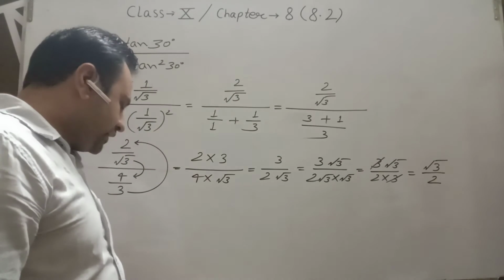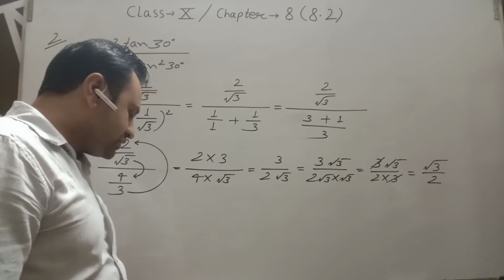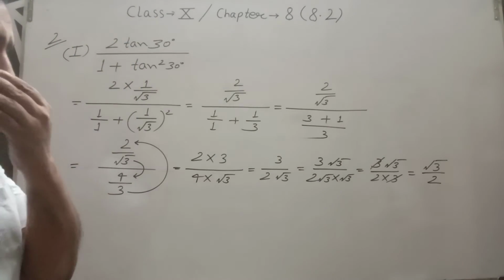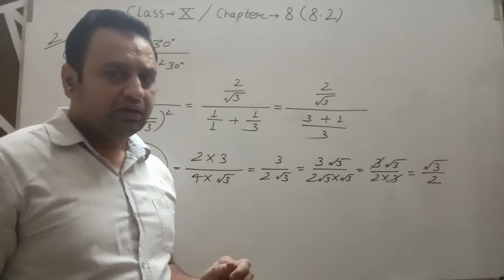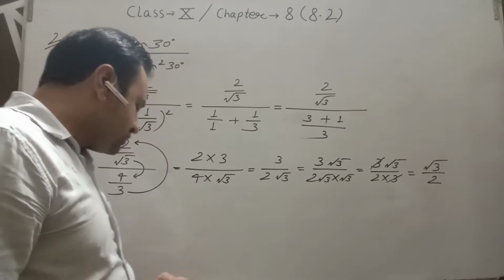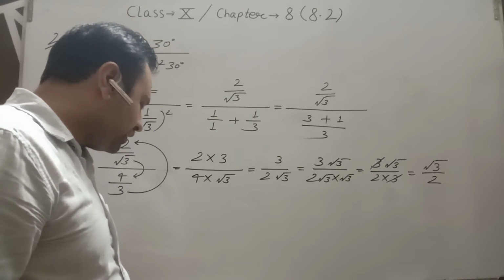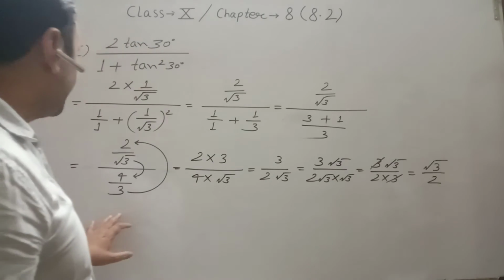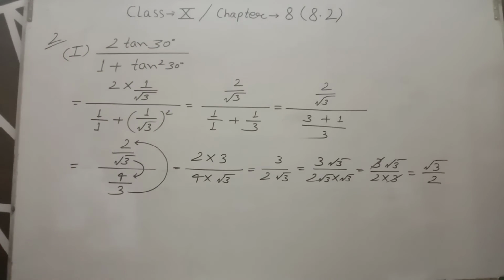And the options are sin 60 degree, cos 60 degree, tan 60 degree and sin 30 degree. And we know that under root 3 upon 2 is the value of sin 60 degree. So it means option number A is correct. I hope the part is clear. Just note down.